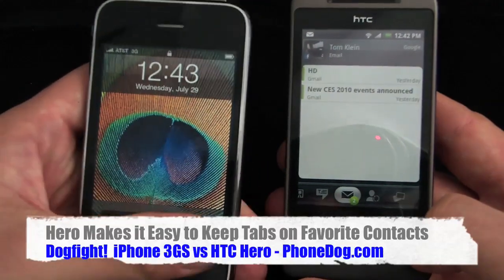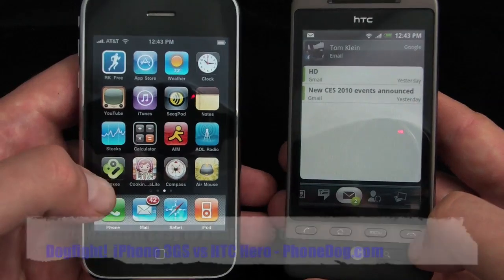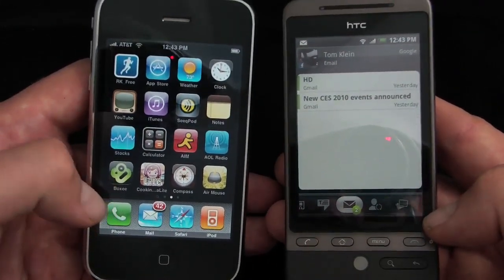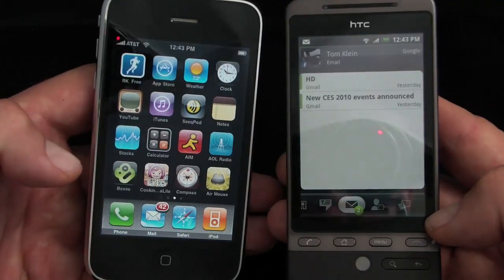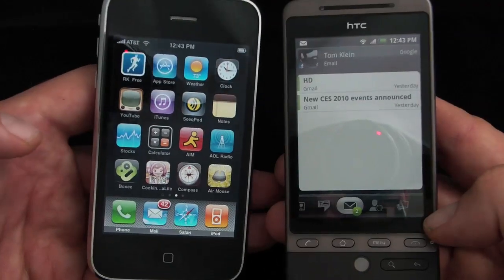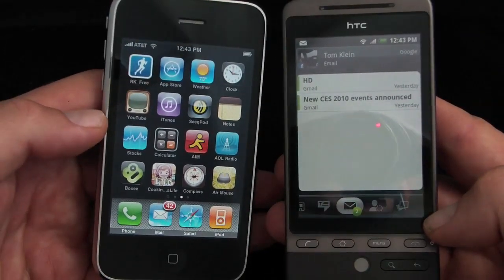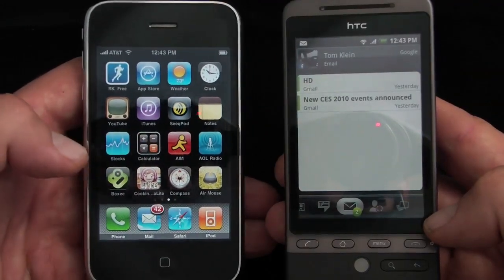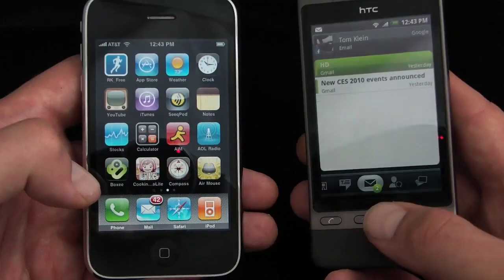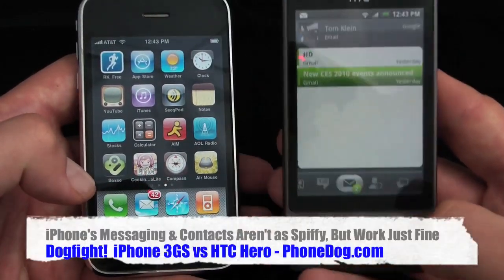They would prefer the iPhone's more robust iPod and gaming applications, and they don't need all the up-to-the-minute information, or they're fine with the iPhone's more limited, more simplified, simpler push notification system, which just gives you an overlay on top when something happens. But the HTC system here is really advanced, and I just think it's a more robust smartphone operating system,